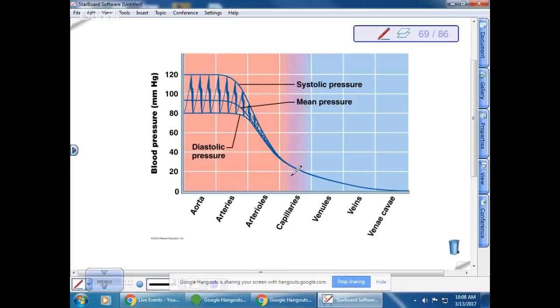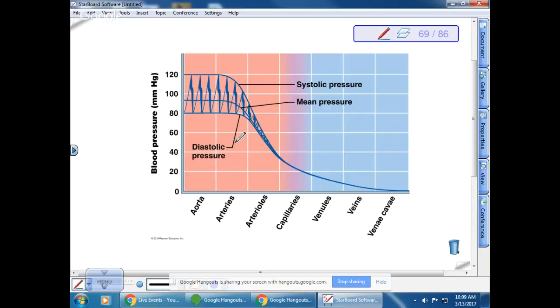Okay. One of the things that you'll notice here is that there is a pulse in the arteries, but there's no pulse in the veins. What that means is that if you rupture an artery, it comes pulsing out, right? You can always tell if you rupture an artery because it goes squirt, squirt, squirt. If you rupture a vein, it just slowly comes out, and there is no pulse in the veins. This pulse has to do with the relative contraction and relaxation of the ventricles. We talked about systolic pressure and diastolic pressure. This refers to ventricular systole, which is where the ventricles contract, and ventricular relaxation, when the ventricles relax.